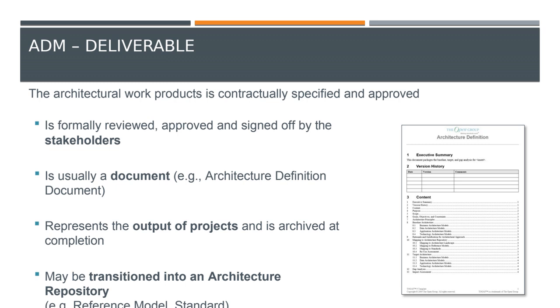For the deliverables, you should have all documented. You should have the documents, such as the architecture definition document, the output documentation for what you should get at the output of your project. And then they should be stored in architecture repository, for future need or for updates.